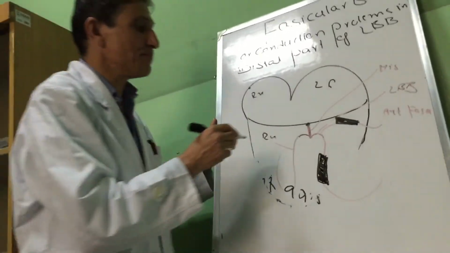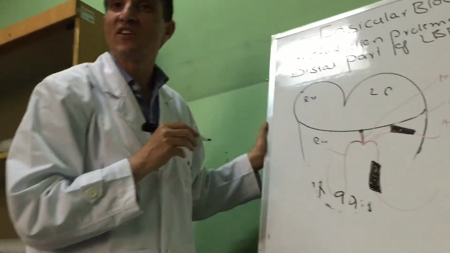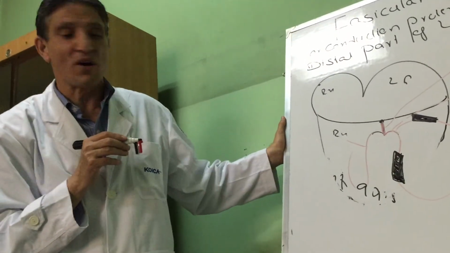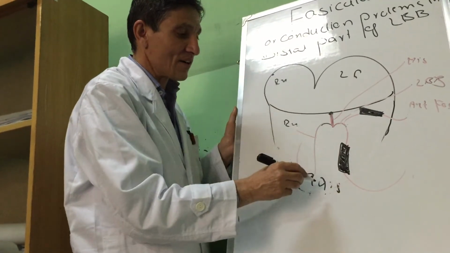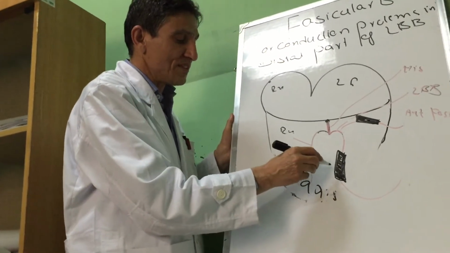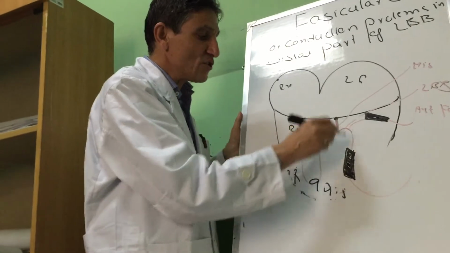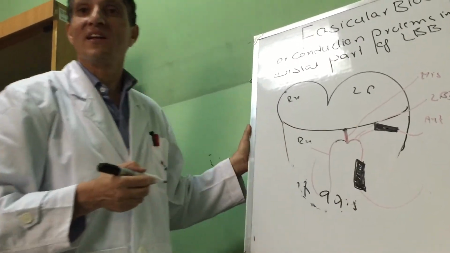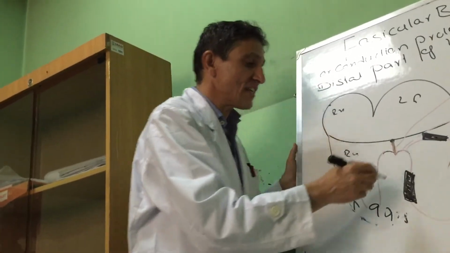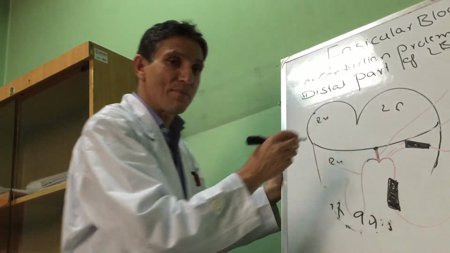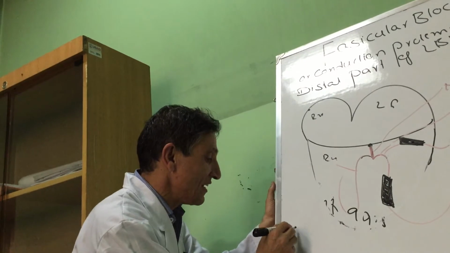What will be the ECG pattern of a patient who has both? As we know, the anterior fascicle and posterior fascicle are both related to the left bundle branch. Blockage of both the anterior and posterior fascicles is